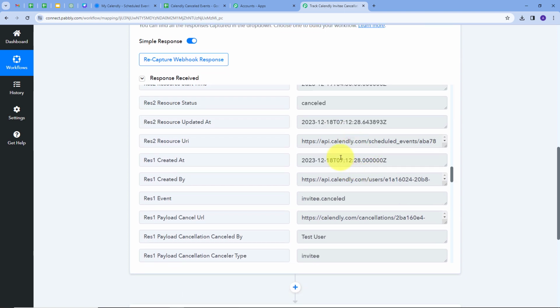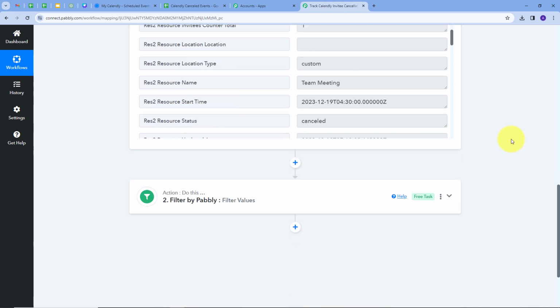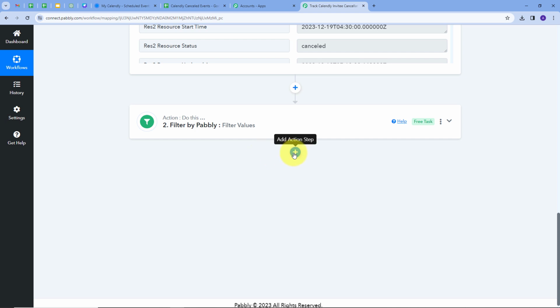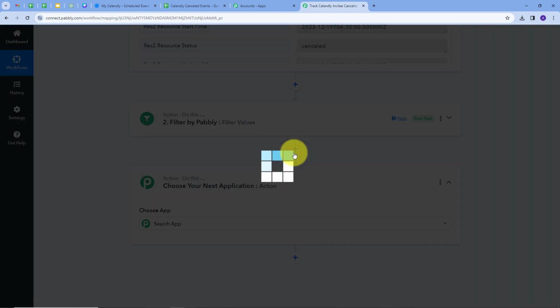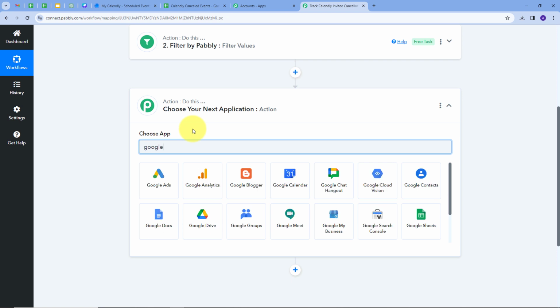So now I'm going to use this response, and I'm going to use these details, and I will automatically add these details of the invitee in my Google Sheet. So for that, I will add another action step. For that, I will click here on add action step button. Now I have to select my action application, and here my action application will be Google Sheets. So I'm going to select this,